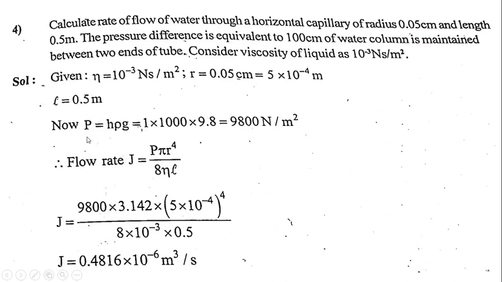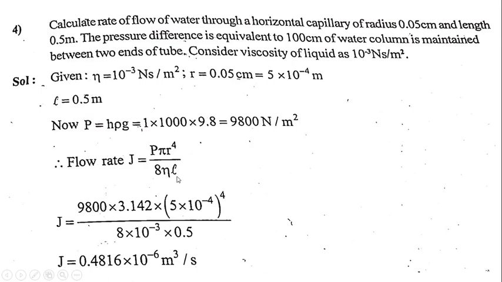So P equal to h rho g, that is equal to 1 into 1000 into 9.8, that is equal to 9800 Newton per meter square,